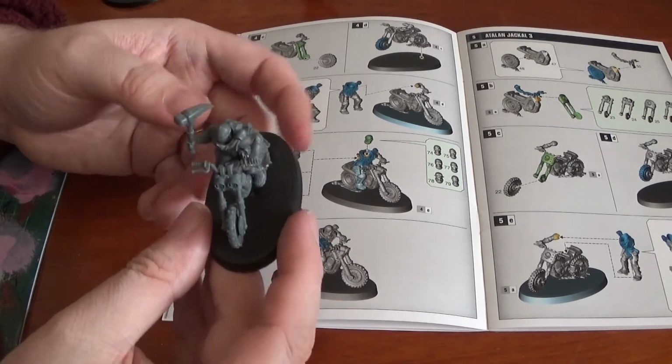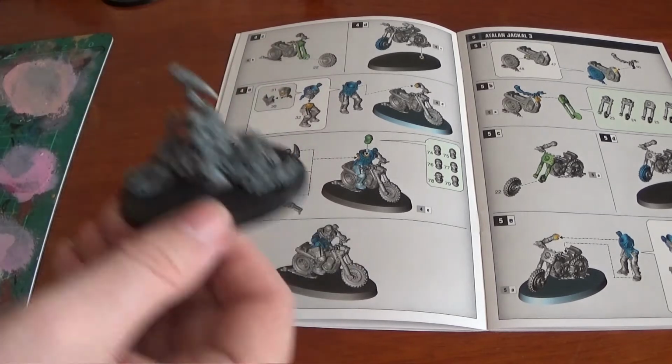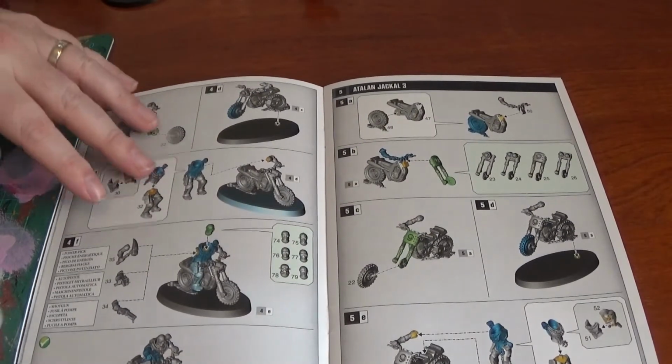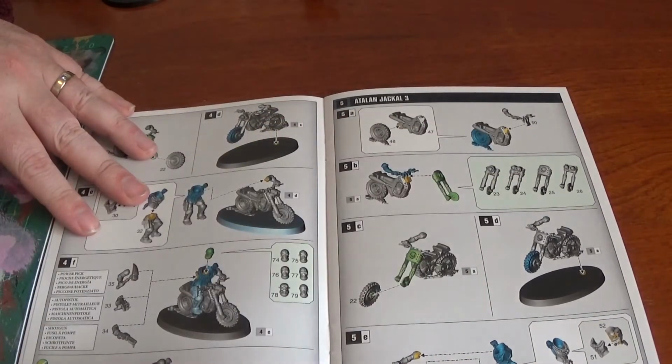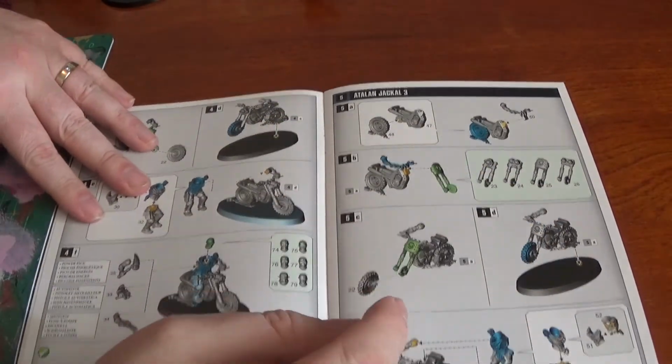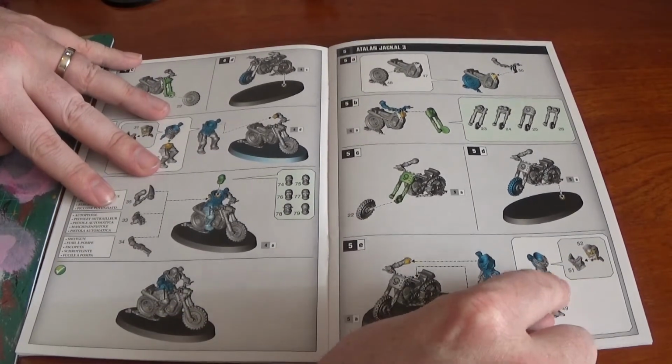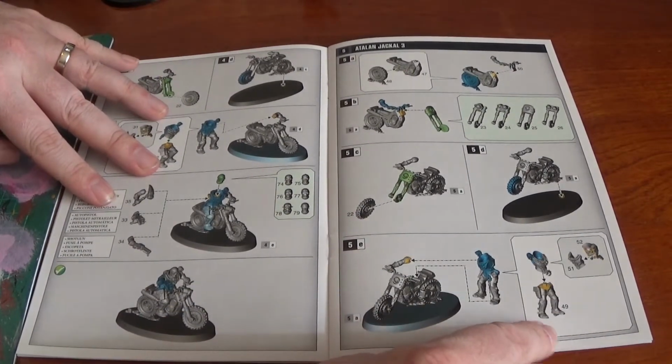So we'll move on to the next model. For that we need part 48 and 47 and 50, and then we're picking one of the fairings we haven't used already and another 22 on the bike. The body is part 51, 52 and 49. And then